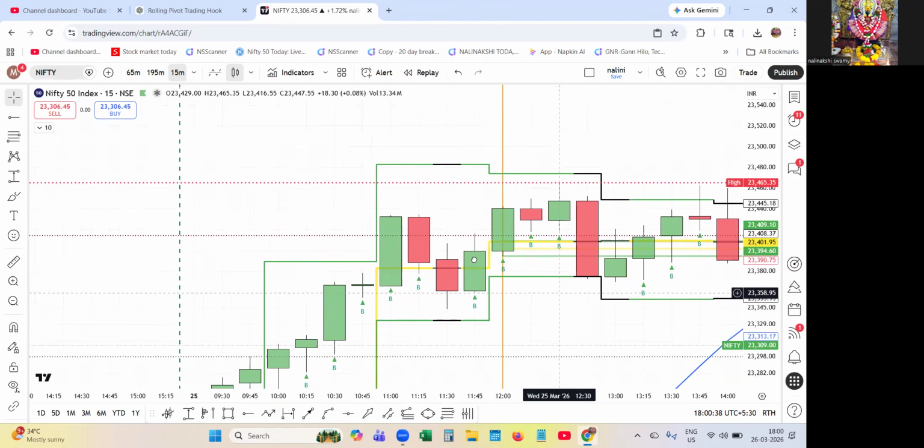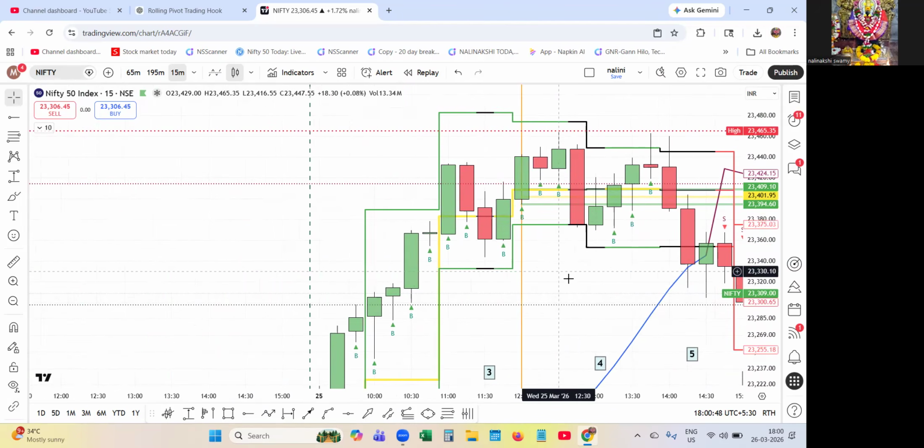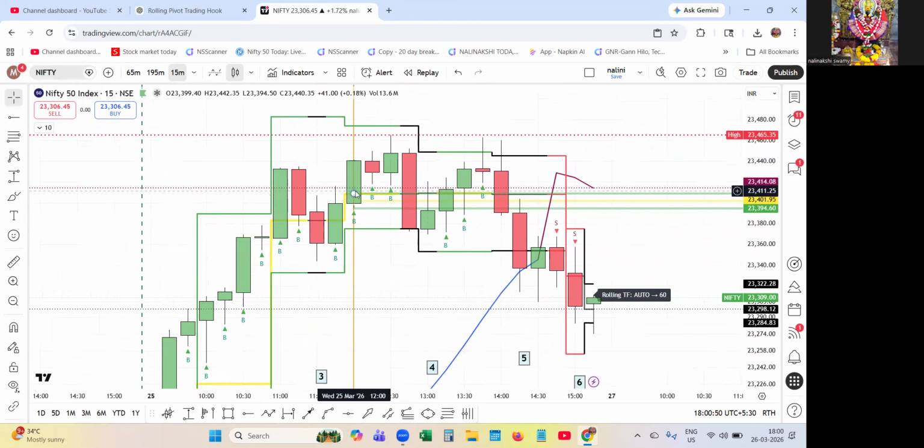I found it. I'm seeing some sort of exhaustion in the market, but it took time to come to the 12, 15 levels. Exactly. It is marking the R1, pivot, and the support. These lines are for my reference. It started losing its balance. You can see here it was not losing the balance,